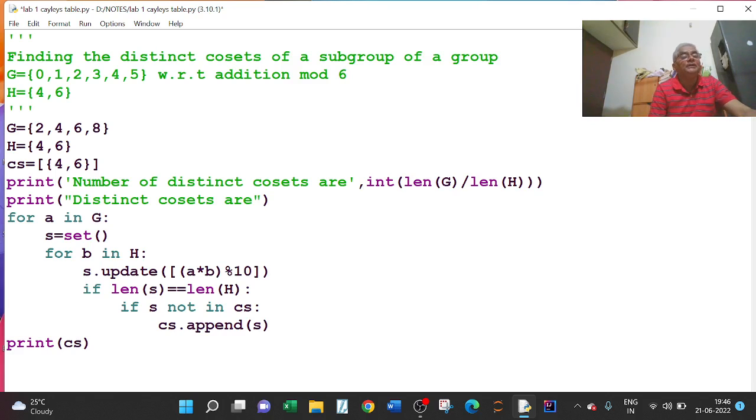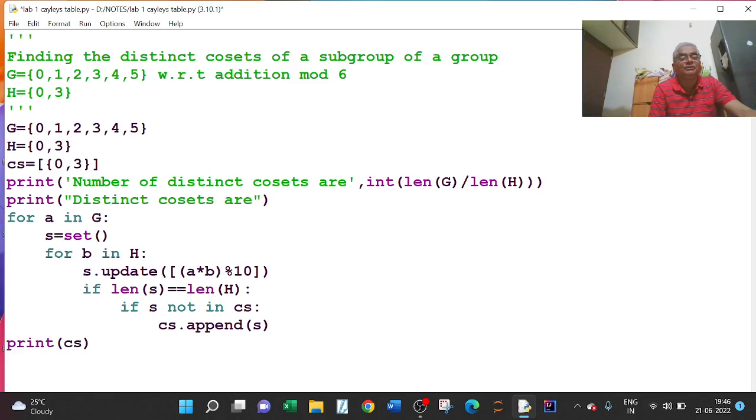And 0, 3 is a subgroup of this. So I have to change the elements here: 0, 1, 2, 3, 4, 5, and H is equal to 0, 3. CS again I have to put as 0, 3.